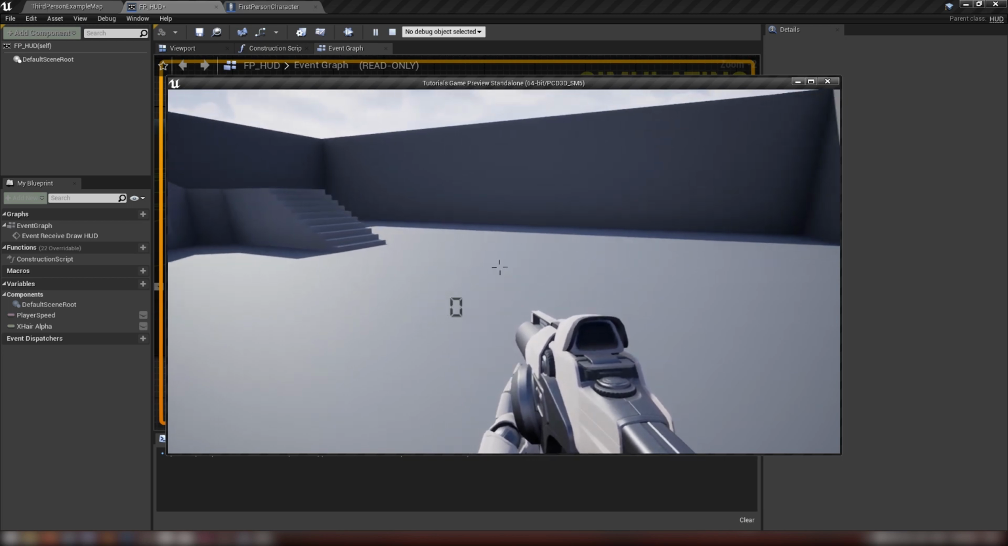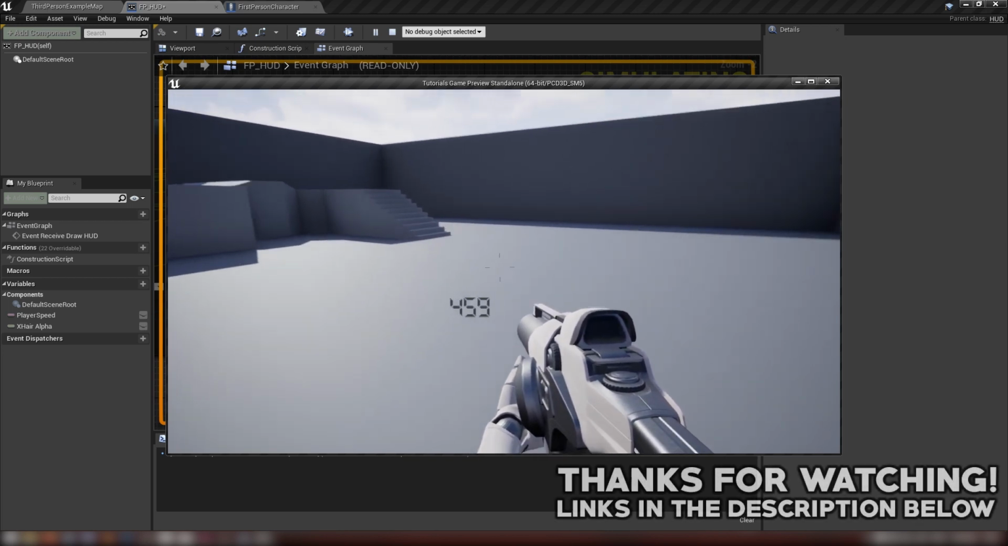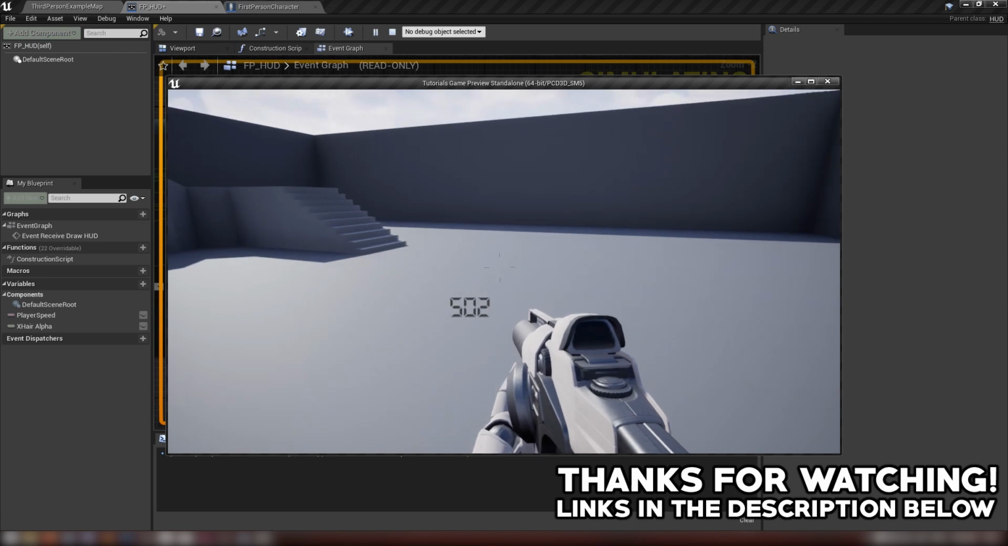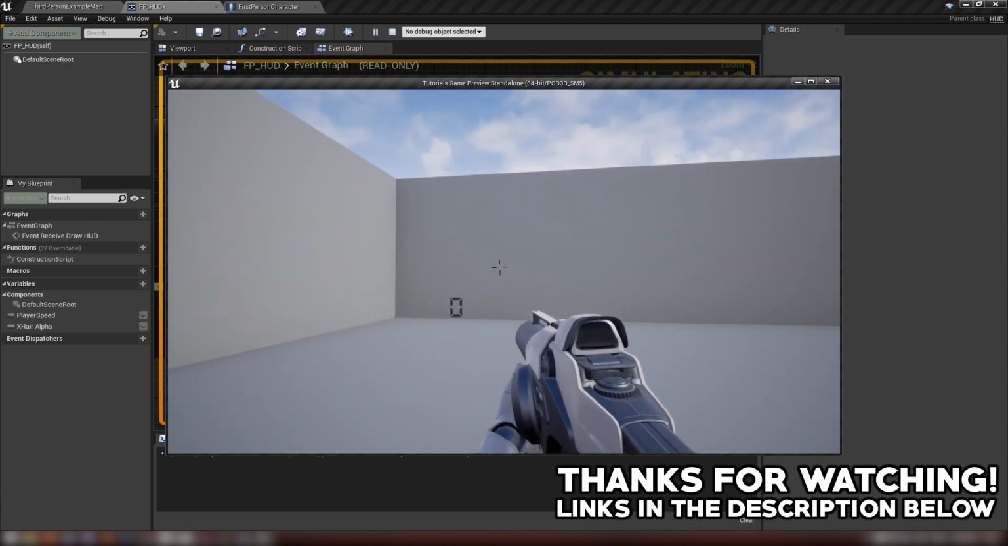So, I hope you guys learned something out of this. I know that the HUD class is a bit obsolete, a bit deprecated, but I still get some use out of it. I still like playing around with crazy cool crosshairs,